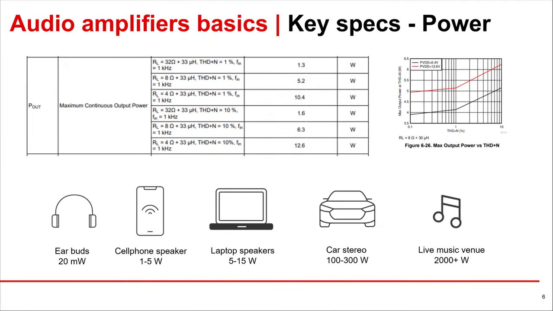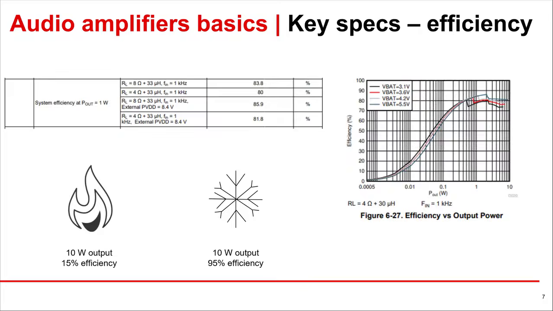When selecting an audio amplifier, there are some key specifications that can help you make the decision that is best for your application. The first specification that you should consider is the maximum continuous output power. This defines how loud the amplifier can be. The output power needed will depend greatly on the application the amplifier will be used. This specification can be found on the product page for an amplifier on TI.com, or it can be found in the electrical characteristics section of the amplifier's datasheet. It is often specified for different load impedances, distortion levels, and supply voltage configurations.